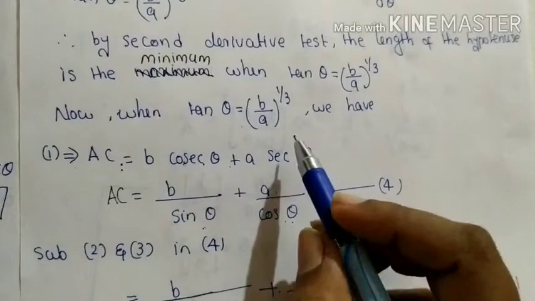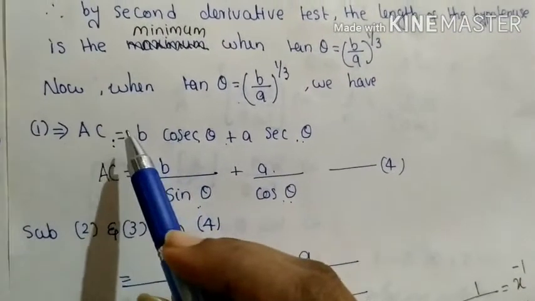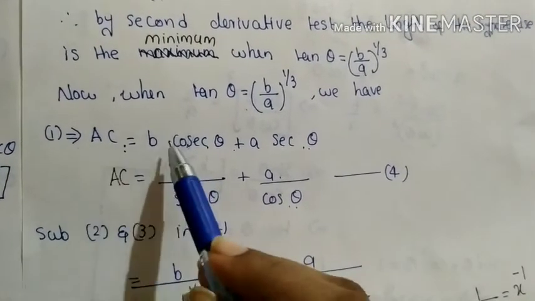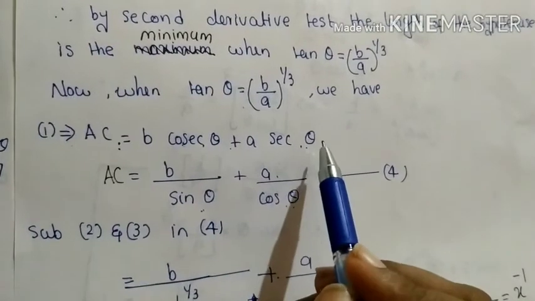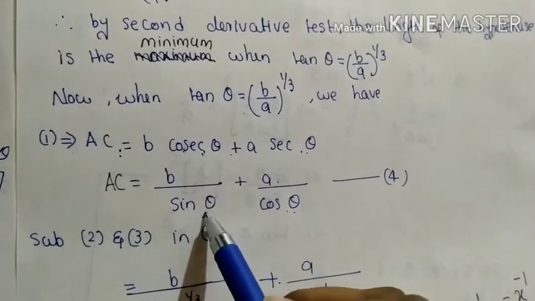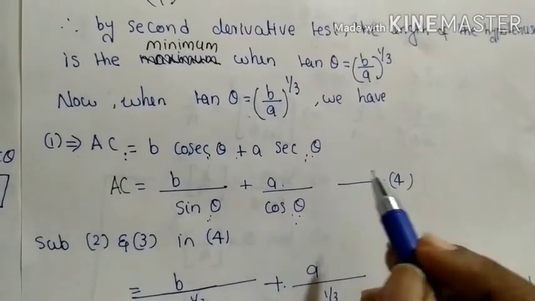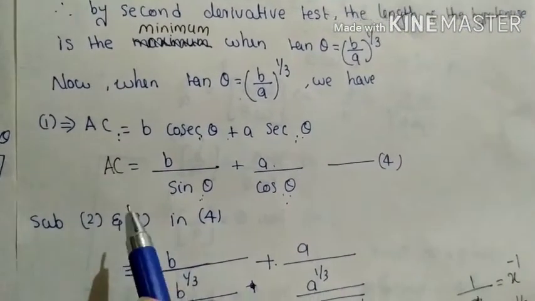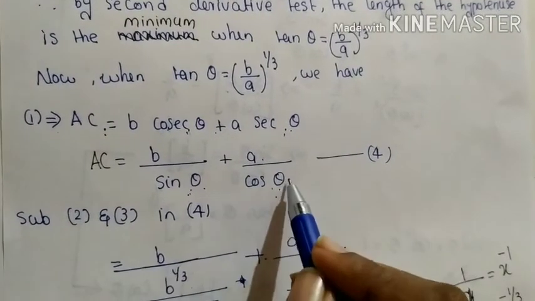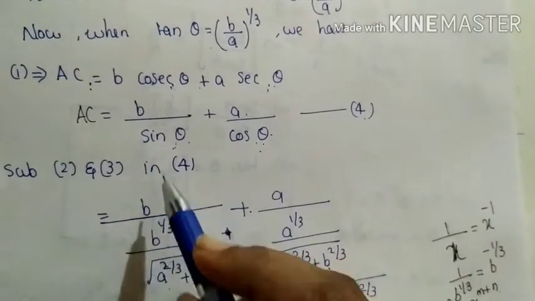Now, when tan theta equal to b by a whole raised to 1 by 3, from equation number 1 our hypotenuse AC equal to b cosec theta plus a sec theta. So this cosec theta can also be written as 1 by sin theta, and this sec theta can also be written as 1 by cos theta, and let us name it as equation number 4. Okay, and substituting the value of sin theta and cos theta in equation number 4, we get